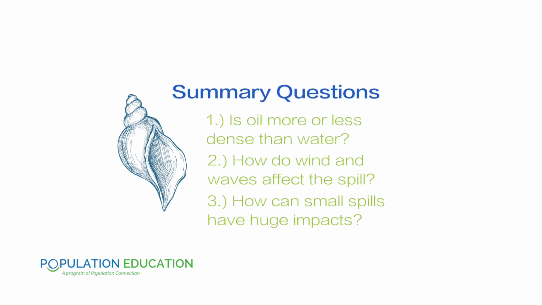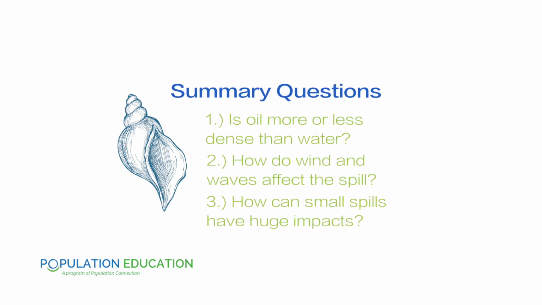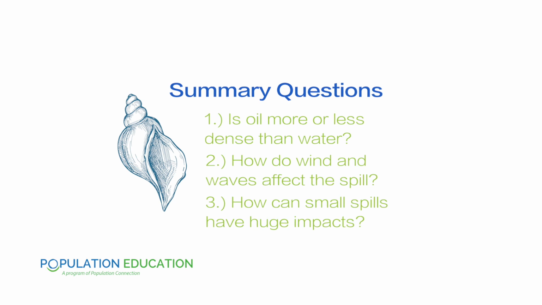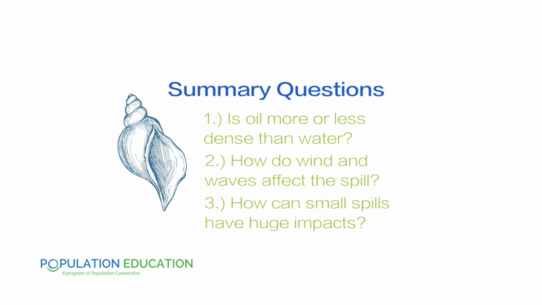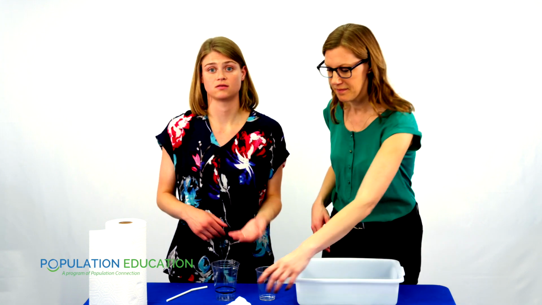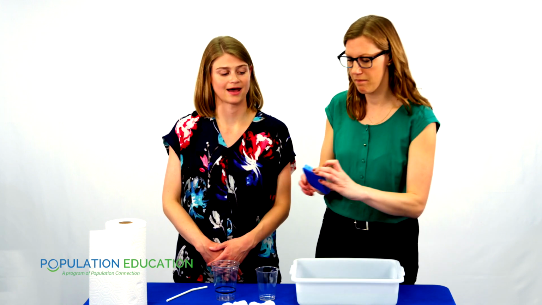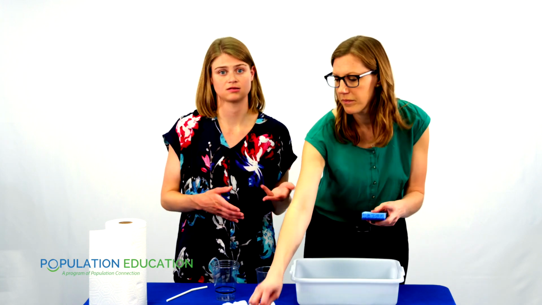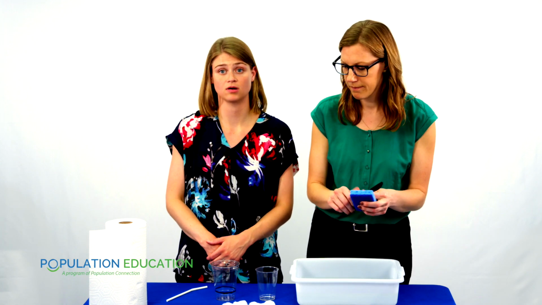Is oil more or less dense than water? What is the impact of wind and waves on an oil spill? And how could even a small spill have a huge impact on an ocean ecosystem? So now students state the challenge for this lab. The goal is to get as much of the original oil spill out of the water as possible and get it into this cup. They use the same materials as their peers are using for the Feathered Friends lab, and as you can see, Carol's going to get started on experimenting with her 3 prototypes.